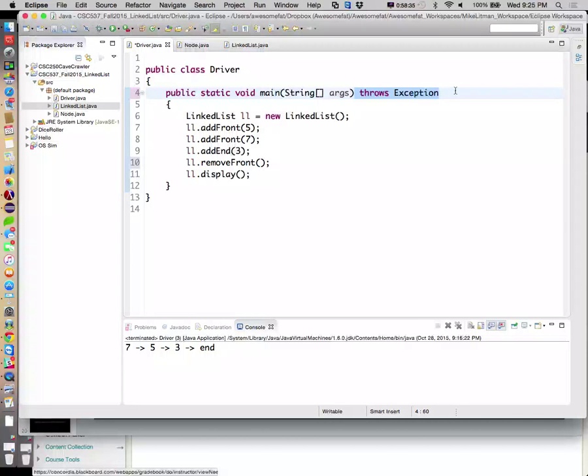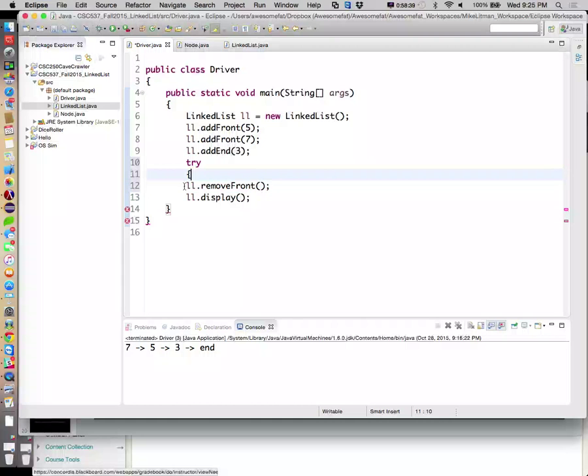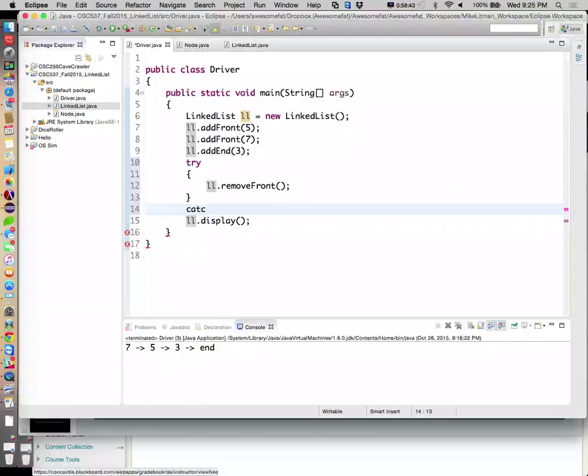As opposed to this, where we would have said, try to do this, catch an exception if something bad happens, and then handle it. Something like that. All right?